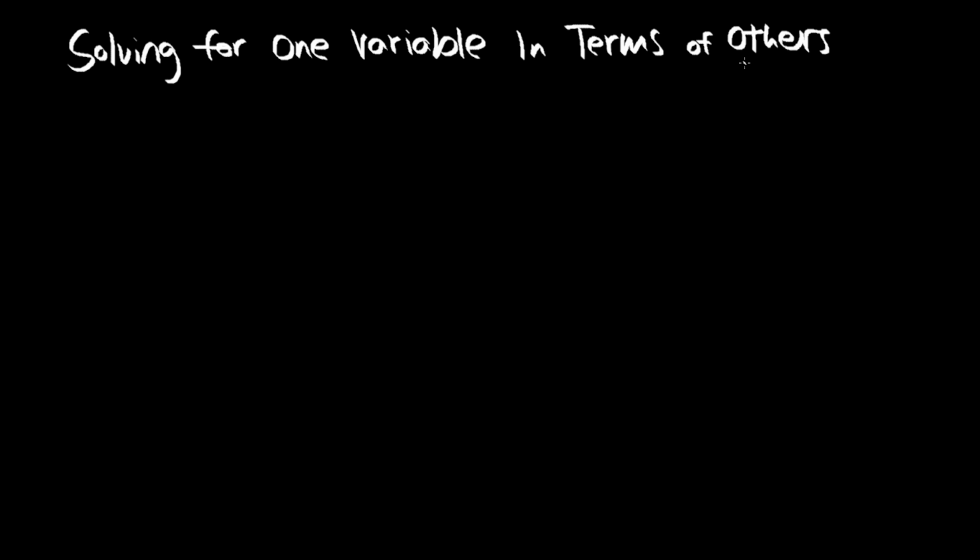Okay, the last thing we're going to go over in this video before we wrap it up is how to solve for one variable in terms of others. Now this might seem more complicated than it really is. It's similar to everything we've done so far. So take an equation like Newton's law of gravity: F is equal to G